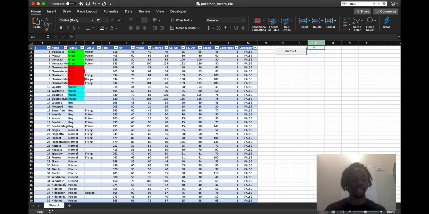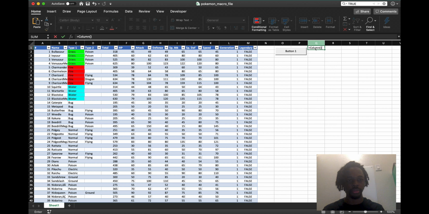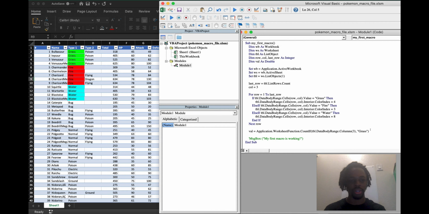What number is this column? Because we go by column numbers, not letters. A good way to find this is to type equals COLUMN, and we get 17. Perfect, so now we've got a reference point. That's a quick way to get that. So then we're going to say Worksheet, that's Cells, row, column 17, dot Value, and we're going to say that equals